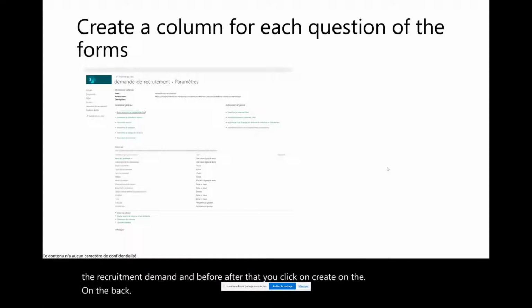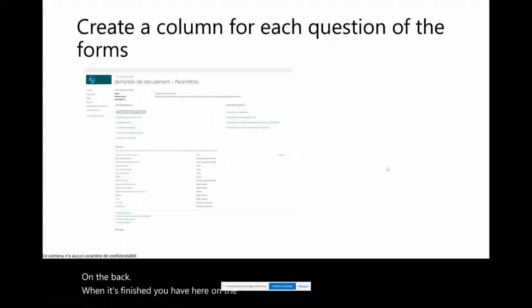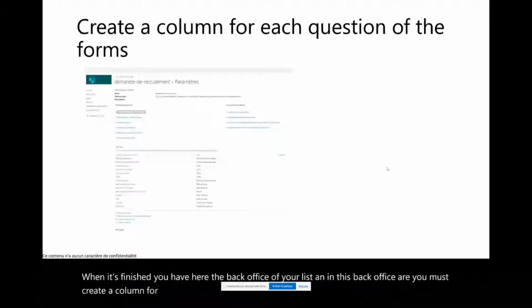When it's finished, you have here the back office of your list. In this back office, you must create a column for each question you created before in the form.